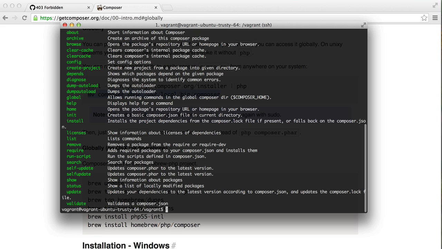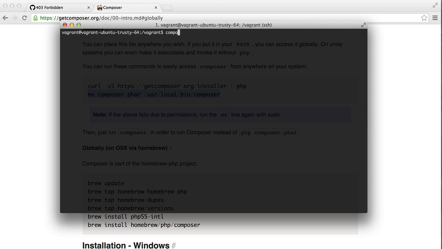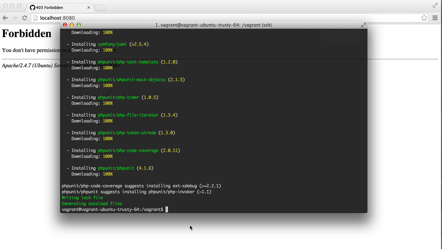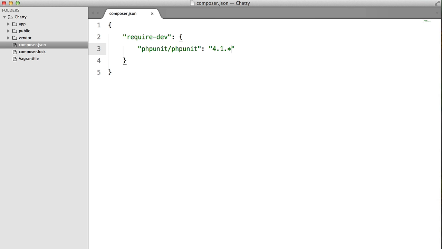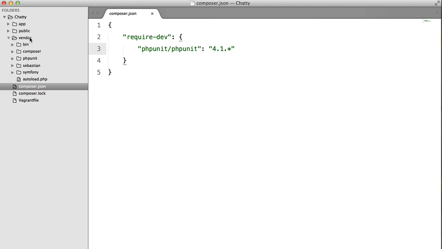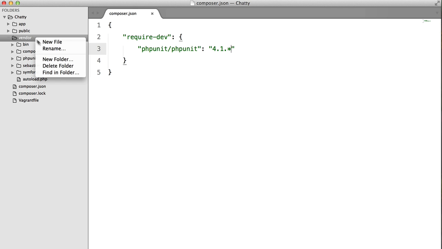So now let's try to run composer, and perfect. Yep, we're in the right directory, so let's run composer install. Okay, so that installed PHPUnit for me. The next thing that we have to do is set up the directory in which we're going to place our